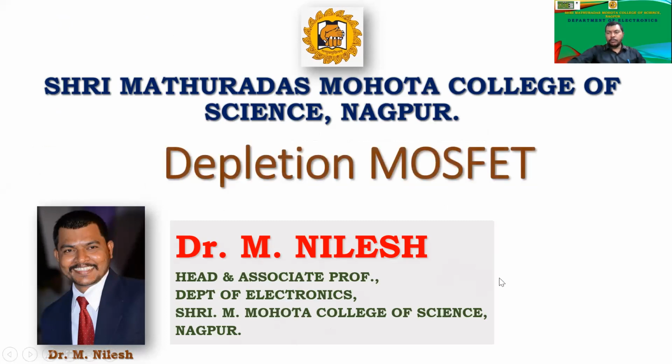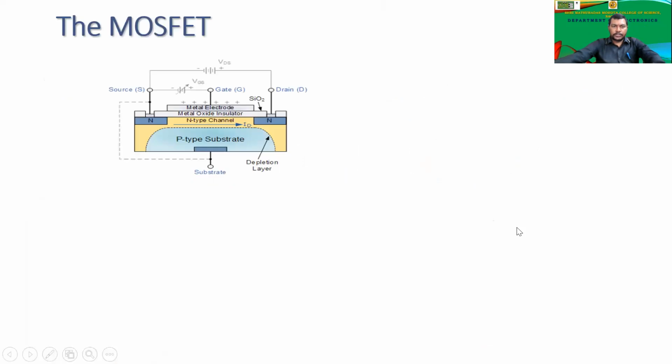The depletion MOSFET. Okay. So the depletion MOSFET is nothing but the metal oxide field effect transistor, same as the enhancement type MOSFET, in which we enhanced the current flowing through it. But in this depletion type, we are going to deplete, to reduce the current which is going to flow through it. So the conduction is controlled by controlling the current which flows from drain to source, right? So let us start with that depletion MOSFET. It is the current that is going to deplete.